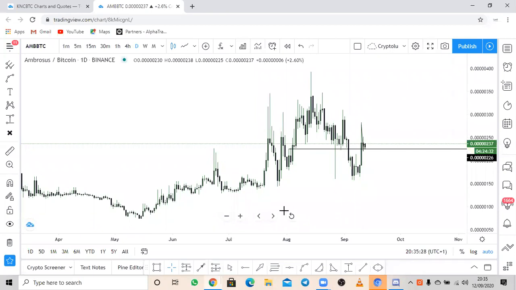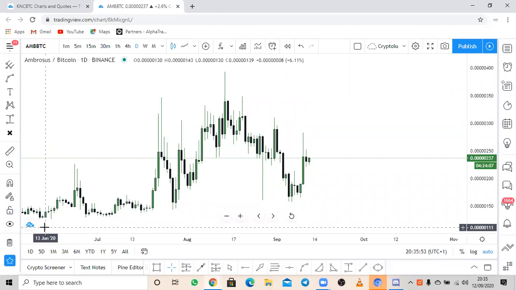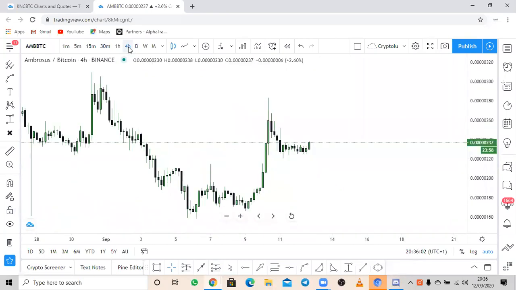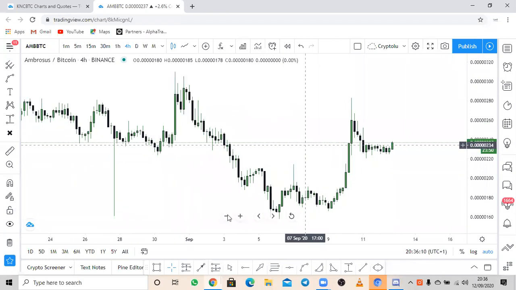Okay, now for A and B, from the daily time frame, it looks like there's nothing meaningful there. But when you take a closer look and go down to the lower time frames, you see that there's actually a lot to talk about on A and B. So I'll be going down to the 4 hour now. Okay. So now on the 4 hour, the first thing to notice here is that we have